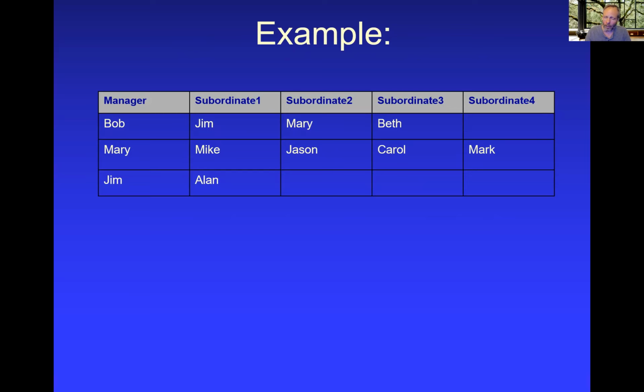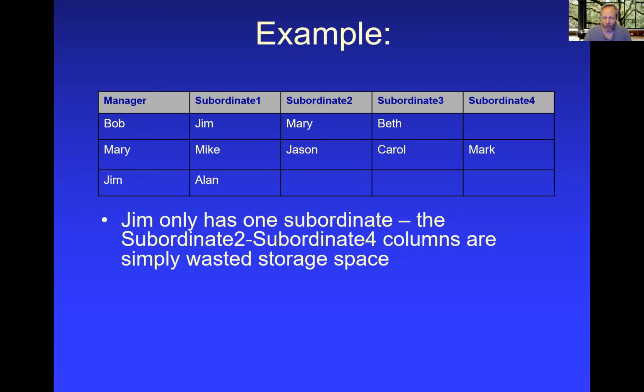Now, there are people out there in the world, and I have dealt with them, that know just enough about this to make a dangerous mistake. So I want to be careful about this. I can see that subordinates 1, 2, 3, and 4 are duplicative. I want to try to shrink this data down to a more atomic level, get it a little bit more tight inside the storage,